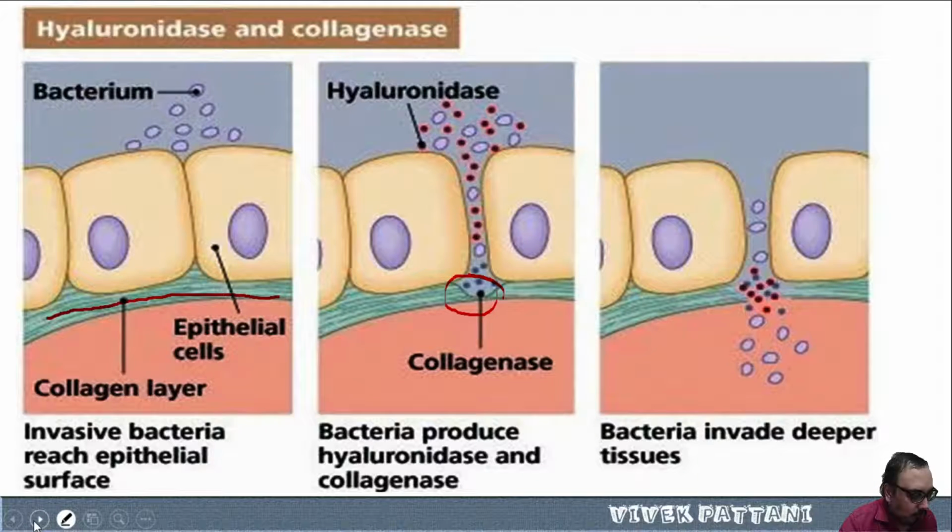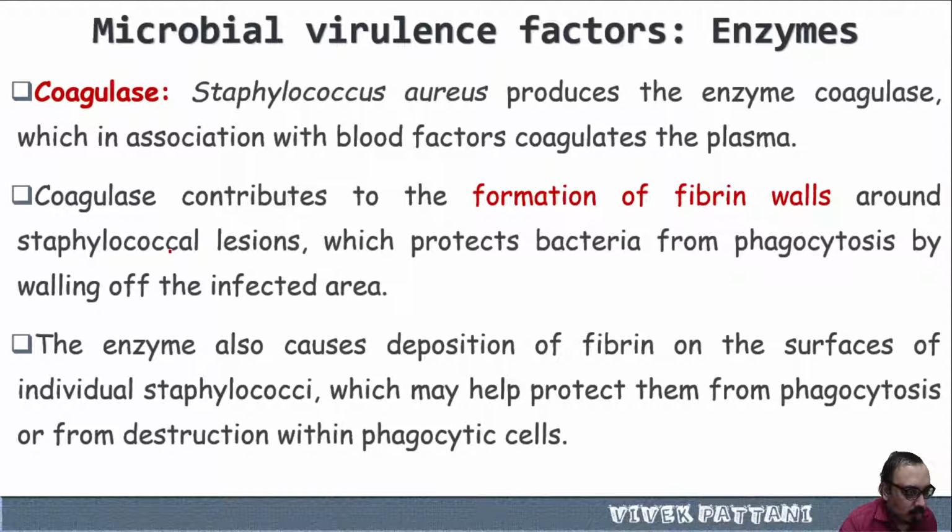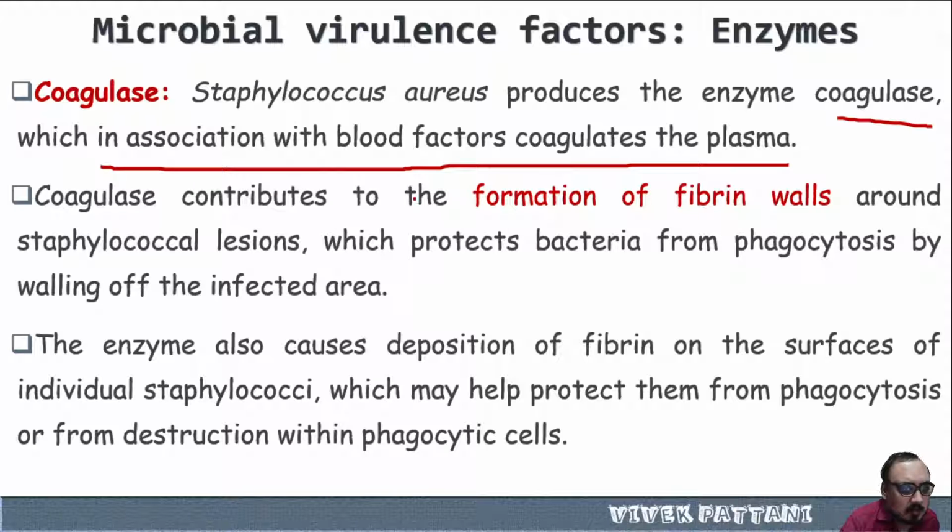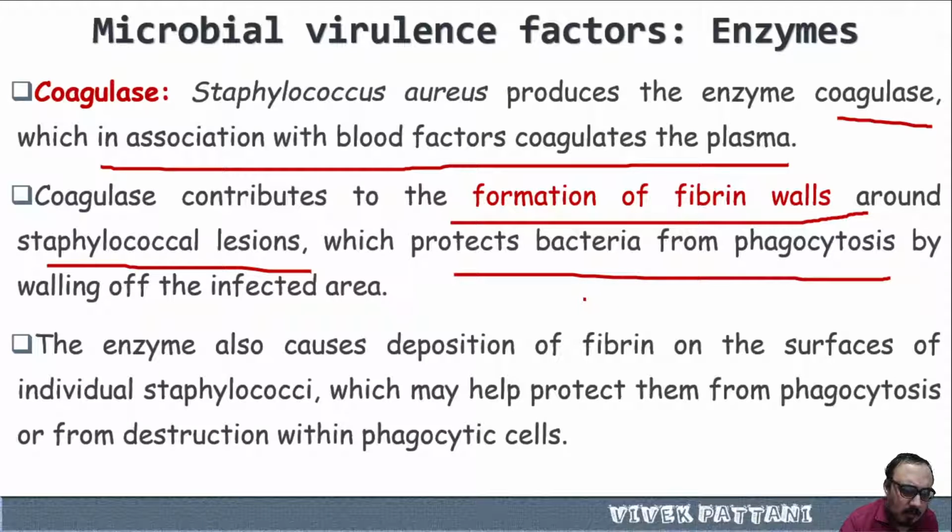Now moving forward with the next enzyme, coagulase. Staphylococcus aureus produces the enzyme coagulase, which in association with blood factors coagulates the plasma. The coagulation contributes to the formation of a fibrin wall around the staphylococcal lesions, which protects the bacteria from phagocytosis by walling off the infected area,